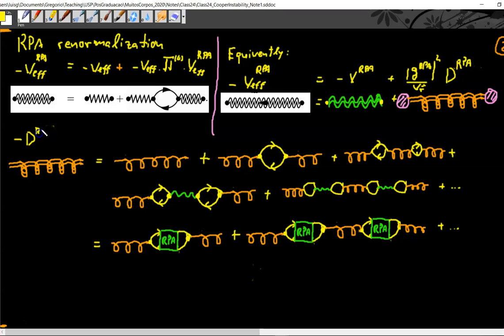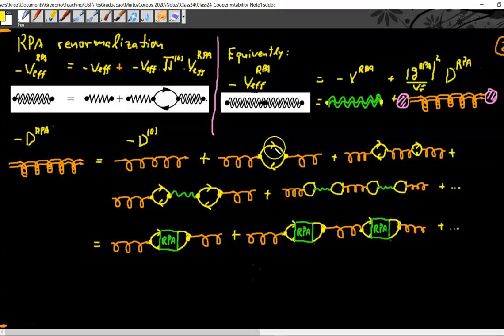RPA here. And what is this? Okay, so this would be something like this sum, but now I'm using these curvy lines that are my free phonon propagators. So I have a free phonon propagator here, then a bubble diagram, another free phonon, and